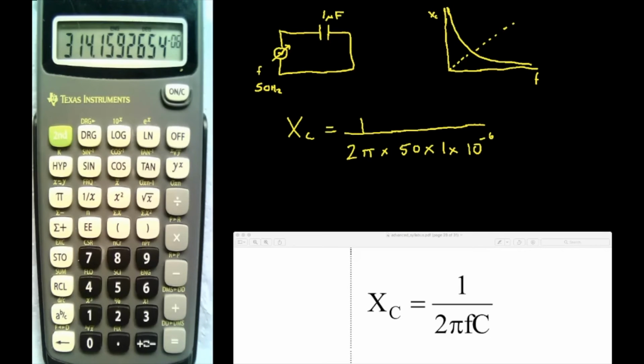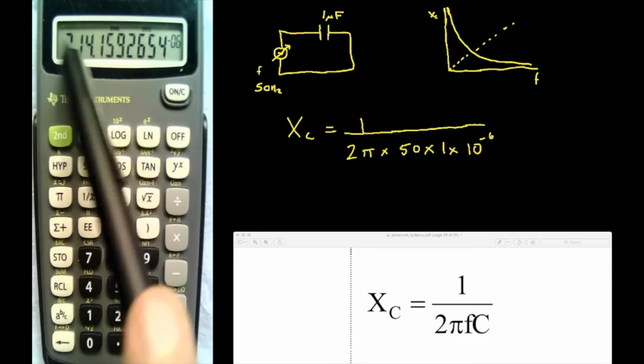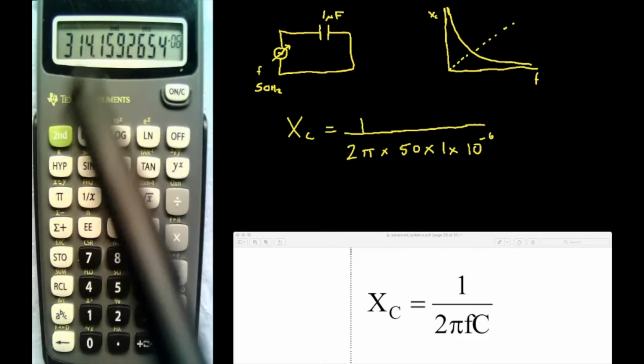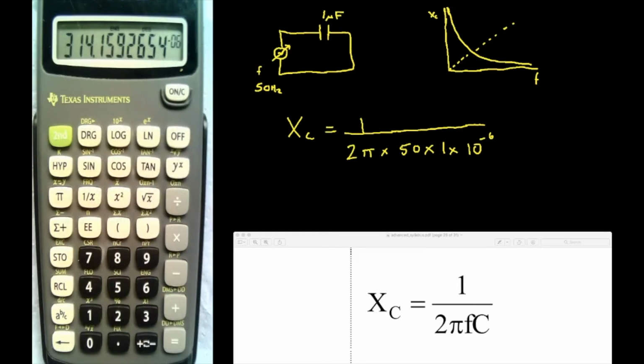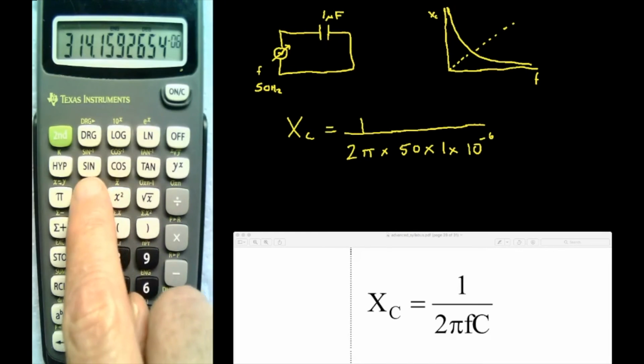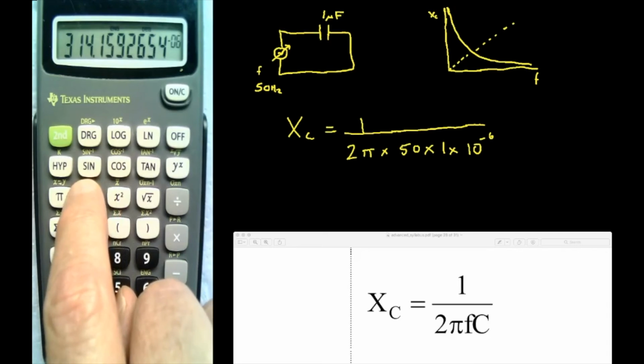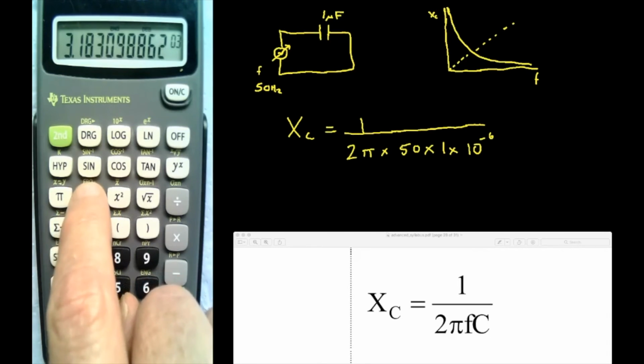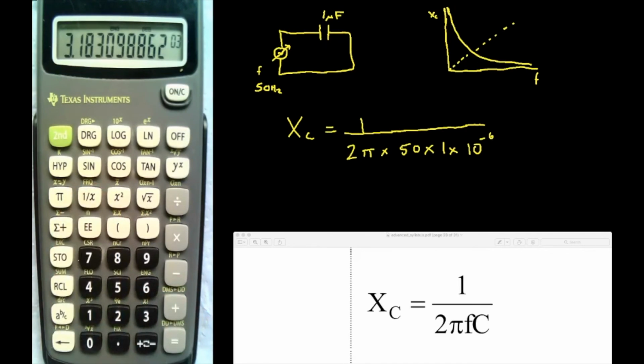So I've now evaluated the bottom of the fraction, and it's on the display of my calculator. I need to get 1 over that to get Xc, so I now press the 1 over X button, and the answer is